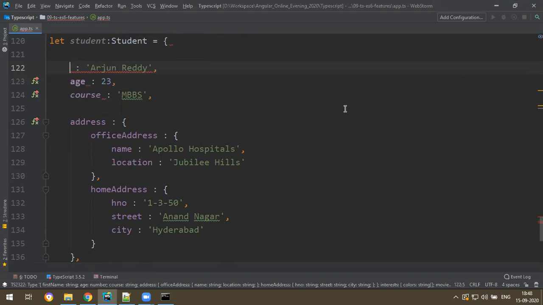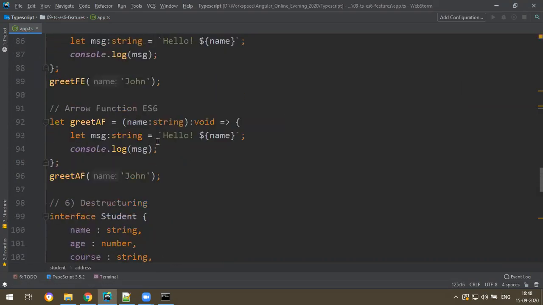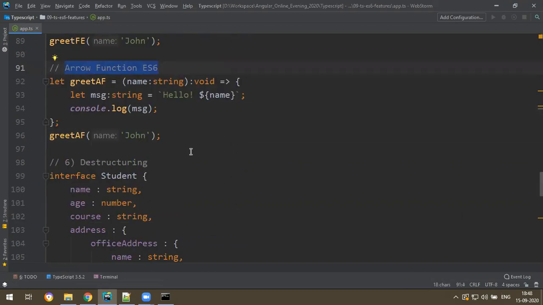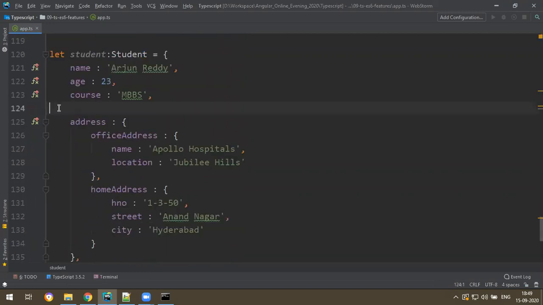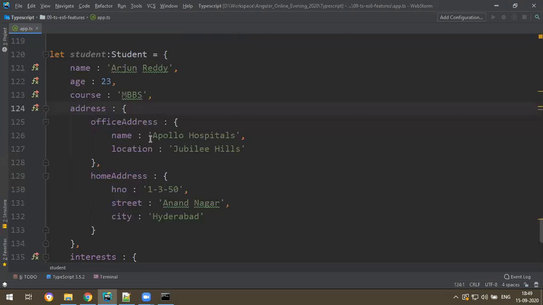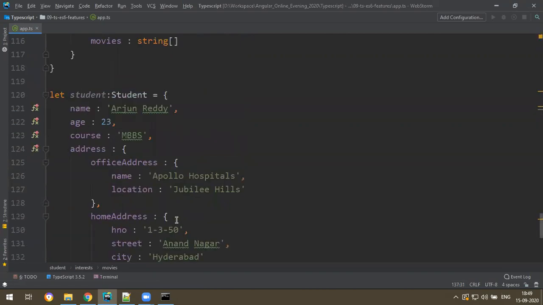Oh, I have to modify the structure, man. Wait, I'll tell you regarding this arrow function. I'll take an object with a function inside and then I'll explain. Some more concepts are there, arrow function, then I'll tell you object with function. Just wait for some time. Okay, no issue. Address, movies, A B C D E F something. So I have an object.